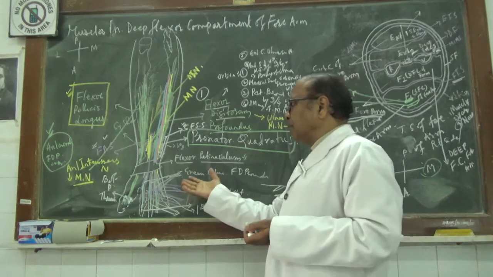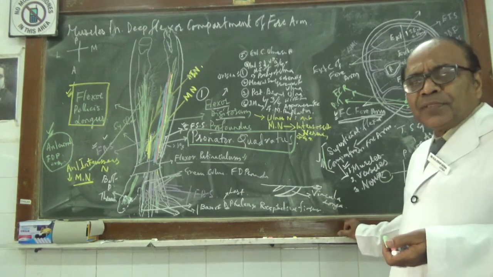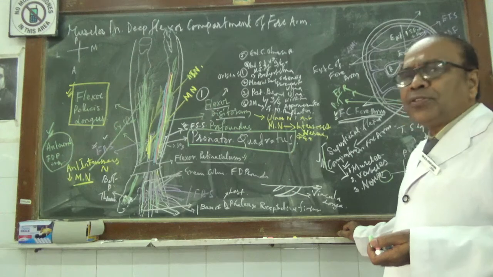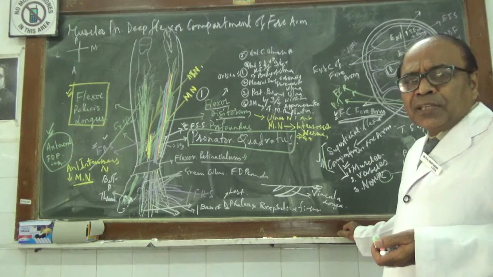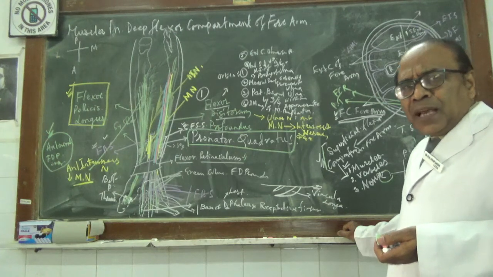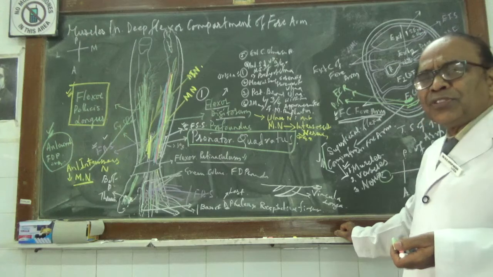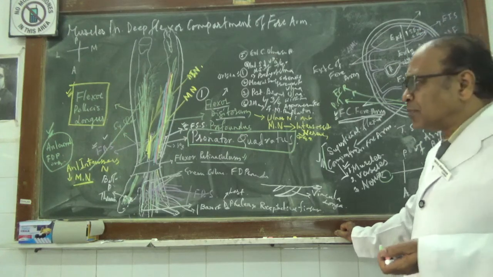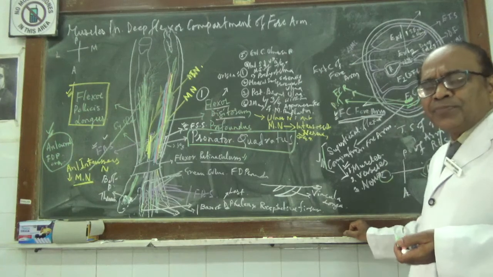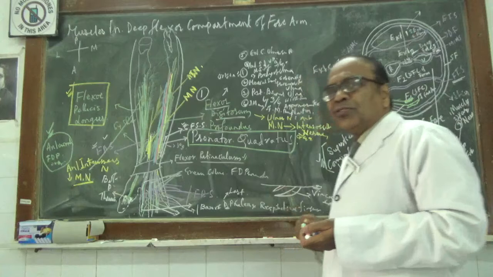Apart from that, it is related to the flexor transversalis fasciae. Then posteriorly, this pronator quadratus is related to the anterior surface of the lower end of the ulna and medial surface of the lower end of the ulna, anterior surface of the lower end of the radius. Apart from that, posteriorly it is related to the capsule of the wrist joint, to a small extent. So this is the relation.